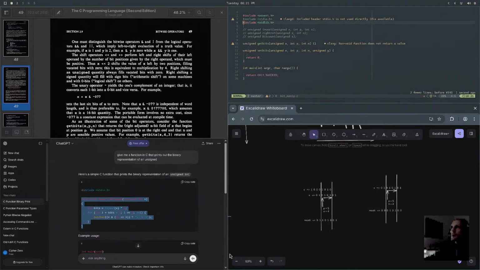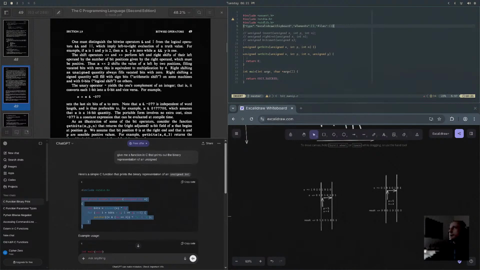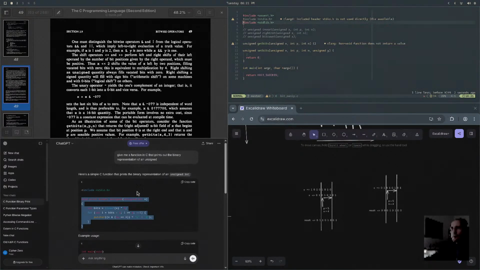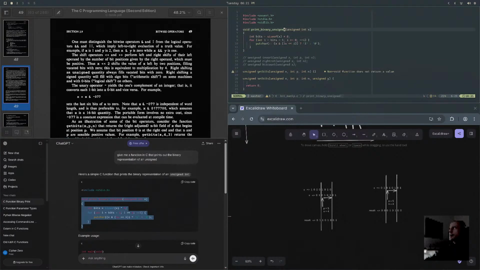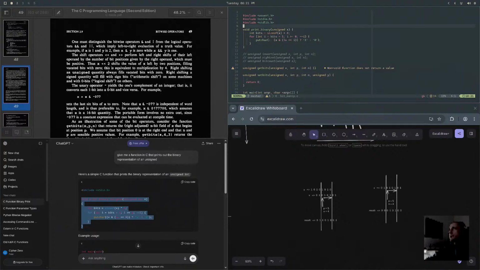What the hell is that? Print binary. We already know it's unsigned from the type. You don't have to do that. Just says, hey, get the size. I don't have to say int. Get the size of x, multiply by 8 for each bit. So that's how many bits. Then for every bit,